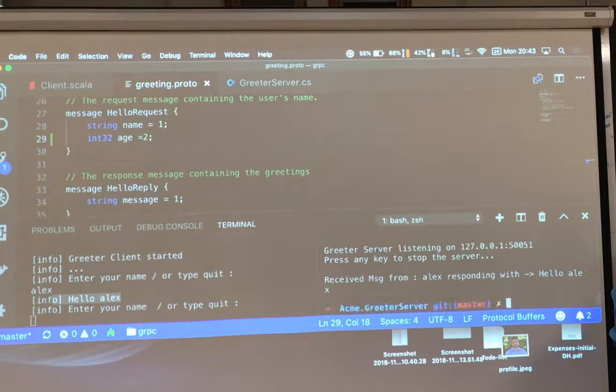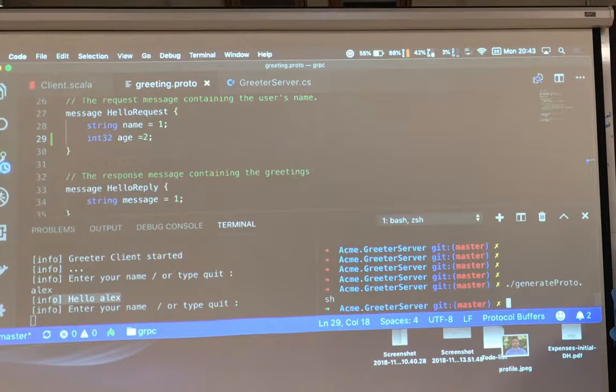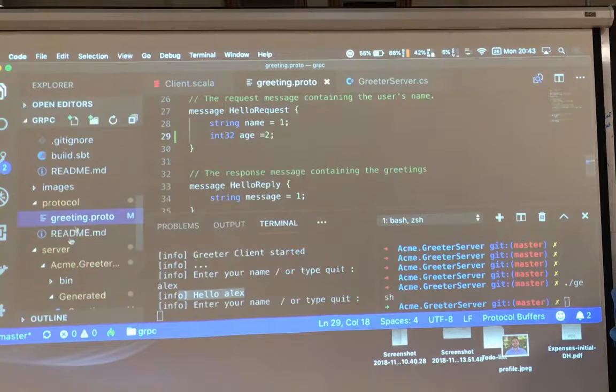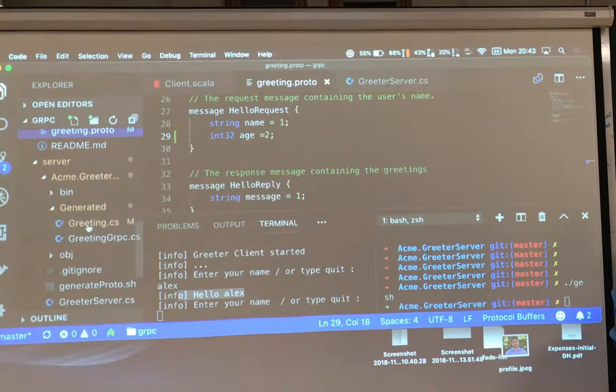I will stop the server. I didn't get into the whole MS build nonsense, so I just created a script that generated the protobuf in C#. That has generated, and we'll see the generated code changed, so it must have worked.